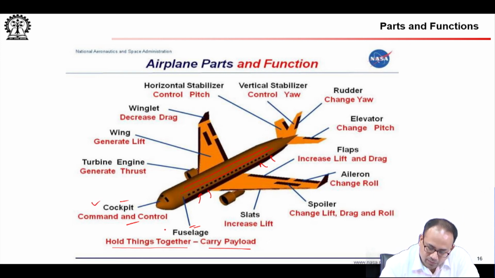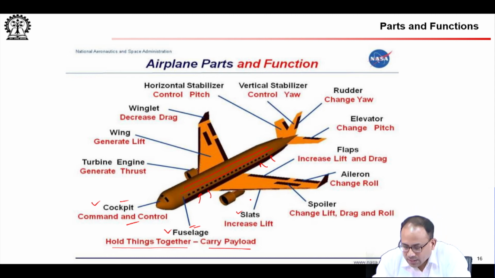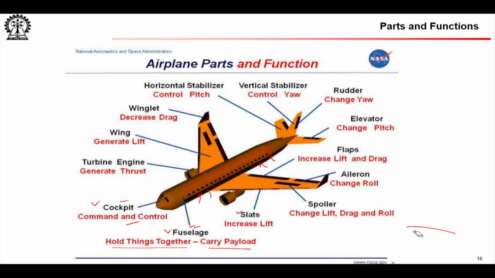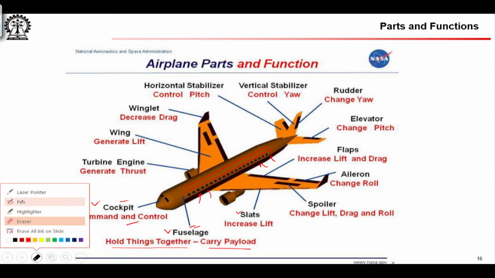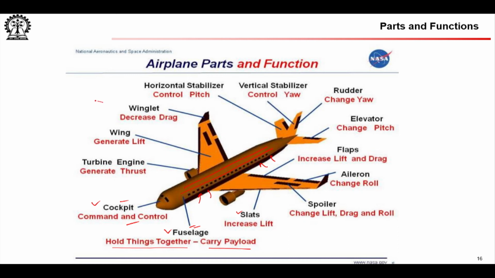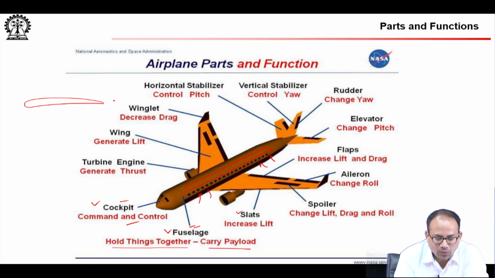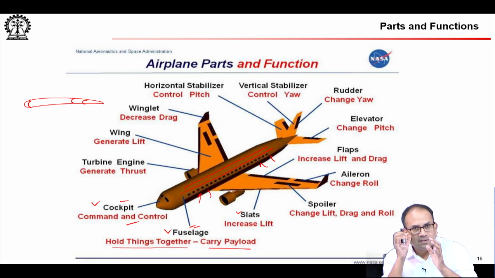So, cockpit, fuselage, slats. Remember we said that in cruise your wing might look like that, although you have all these movable portions, all of them are tightly fitted to one another, because remember